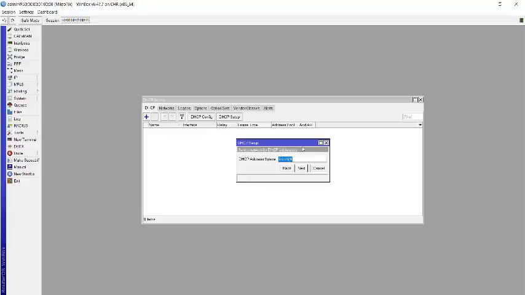Here it will ask you for the network. Whatever network you are going to put in your LAN, here you have to put the network, not the gateway, not any IP address. Here you have to put the network ID and the slash value. Slash means whatever subnet mask you want to put in your network, that slash value you have to put here.